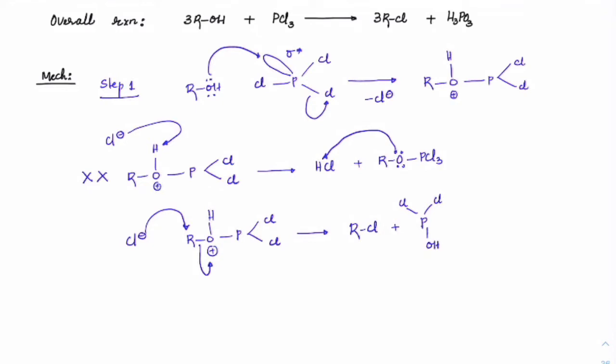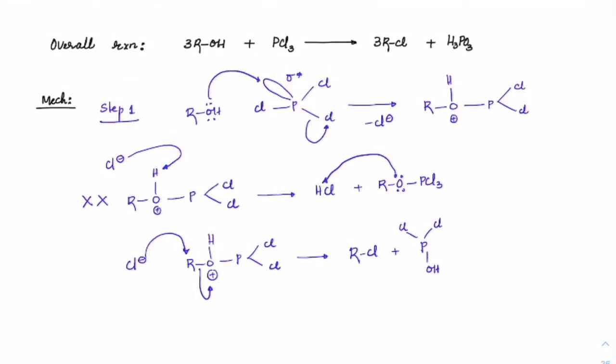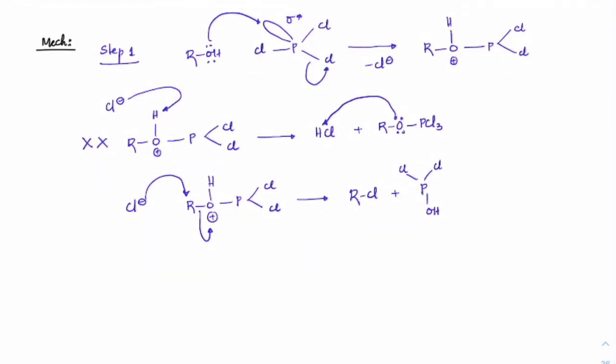As long as you can see that earlier when there were 3 chlorines also, phosphorus will have a sufficient amount of electronegativity to pull the electrons towards itself into its empty orbital. Now if you have OH, it is having even more inductive effect, more minus effect, so the reactivity of phosphorus will only increase. So again this reaction will take place here. So this is step 1, step 2,